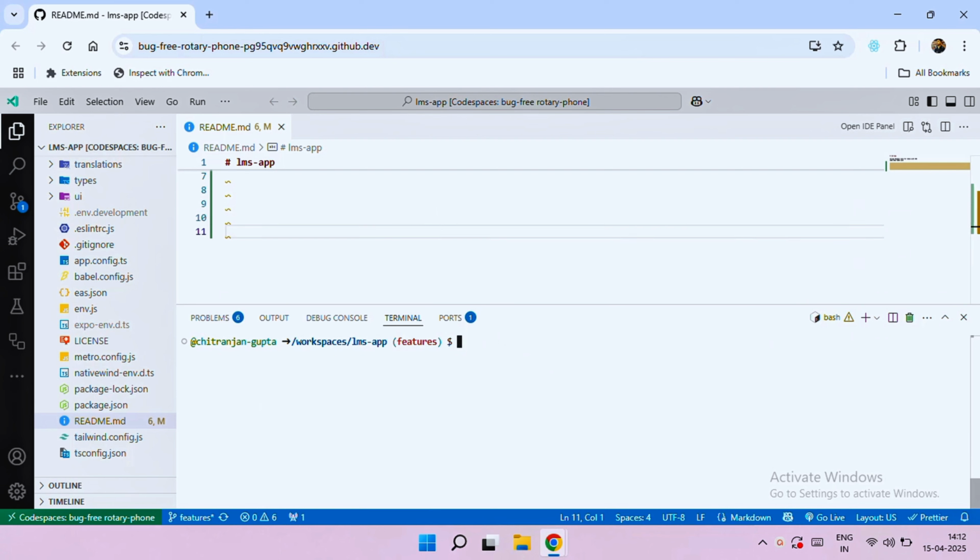As you can see, this is the Expo React Native app which I'm running on GitHub Codespaces, and I'll show you how to debug the Expo React Native app through tunneling, through ngrok tunnel. So to start, first of all, start the Expo server with the command npx expo start --tunnel